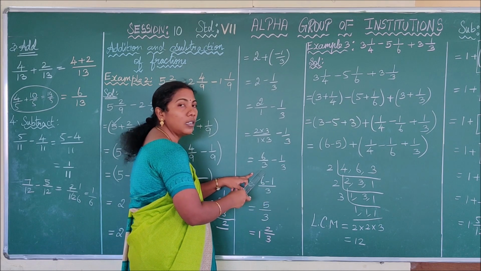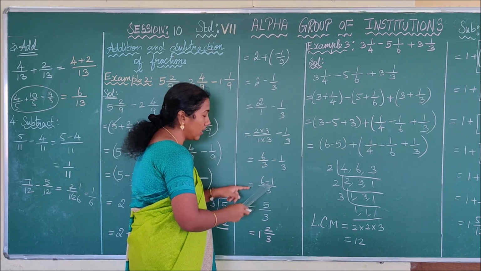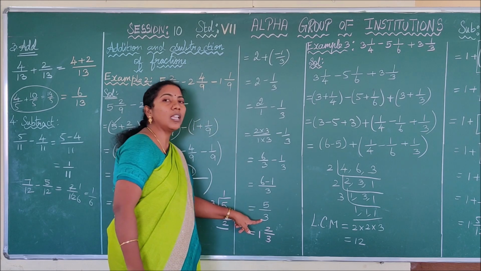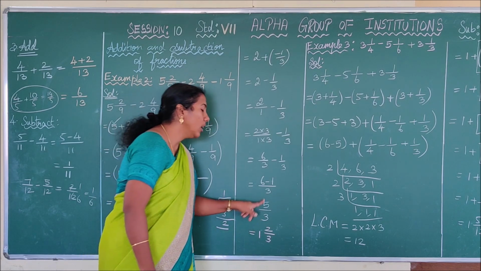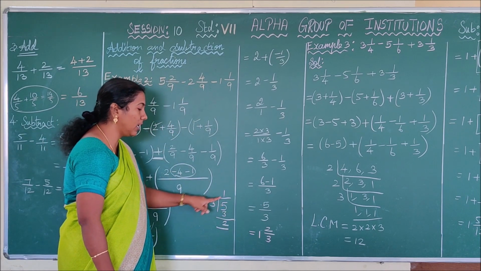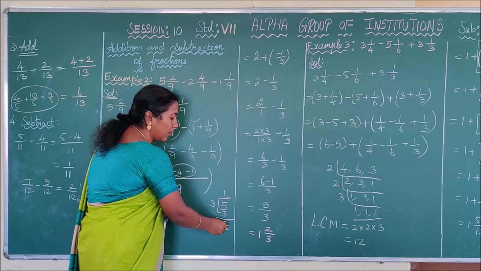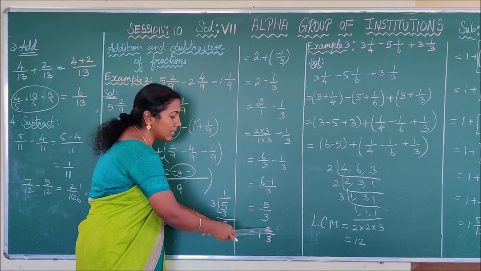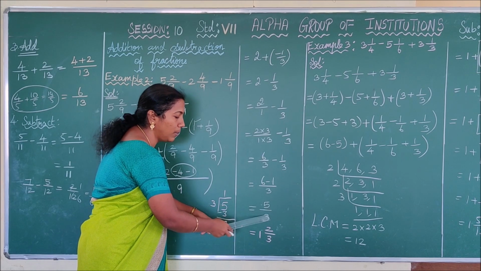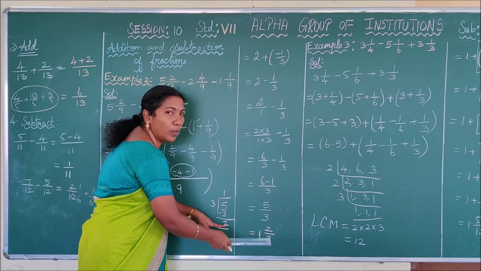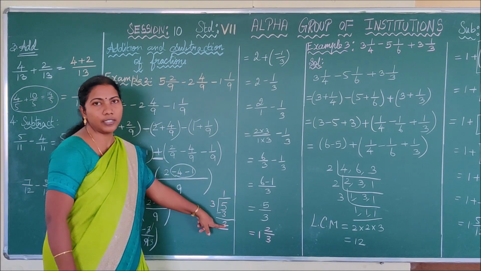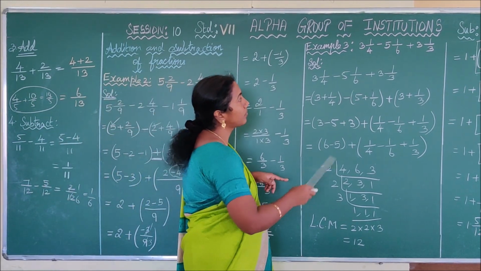Thus the denominators are same. Now we can evaluate the numerator. 6 minus 1 by 3. It is 5 by 3. 5 by 3 is an improper fraction. So we have to convert this improper fraction into mixed fraction. Further you have to divide the 5 by 3. 1 3 is 3. If you subtract you get the remainder 2. You have to write the remainder as the numerator and write the quotient on the side. Thus we have converted the improper fraction 5 by 3 into a mixed fraction 1 2 by 3. Write the denominator as it is. Thus your answer is 1 2 by 3. Square children. See the next example.